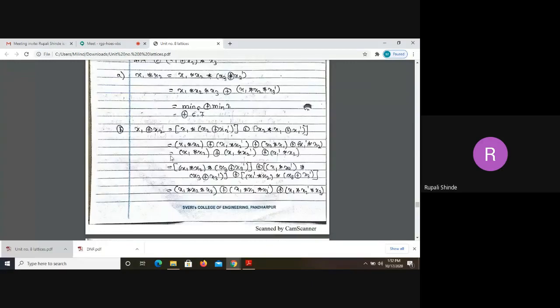So what is the next step? We have to arrange all these minterms in ascending order. That's why minterm of 2 XOR minterm of 3 XOR minterm of 4 XOR minterm of 5 XOR minterm of 6 XOR minterm of 7. This is the correct sequence. And again we can minimize its representation by writing XOR 2, 3, 4, 5, 6, 7. So this is the final answer for this second expression.